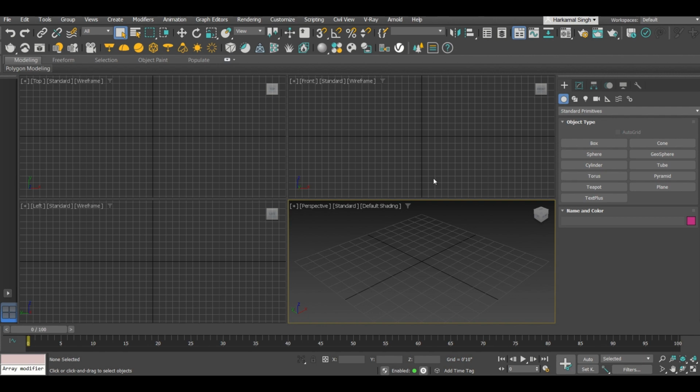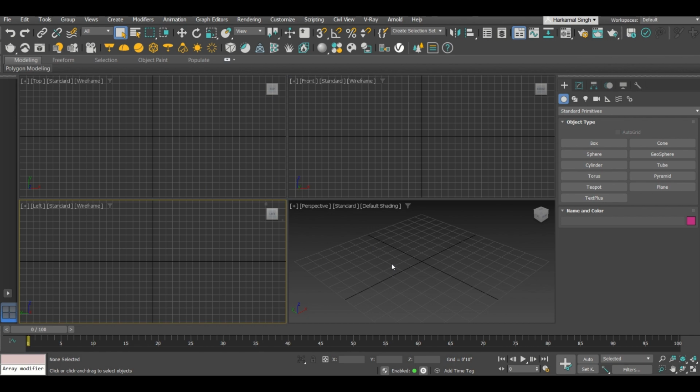So basically, whenever you open your 3ds Max with V-Ray 6, your screen will look like this. Okay, so here are the four quadrants: front, top, left, perspective. It's up to you in whichever quadrant you want to work, or side by side like this screen. This four-quadrant screen is useful when you are working on a large screen, at least a 32-inch screen. It is very helpful for a designer to see anything side by side